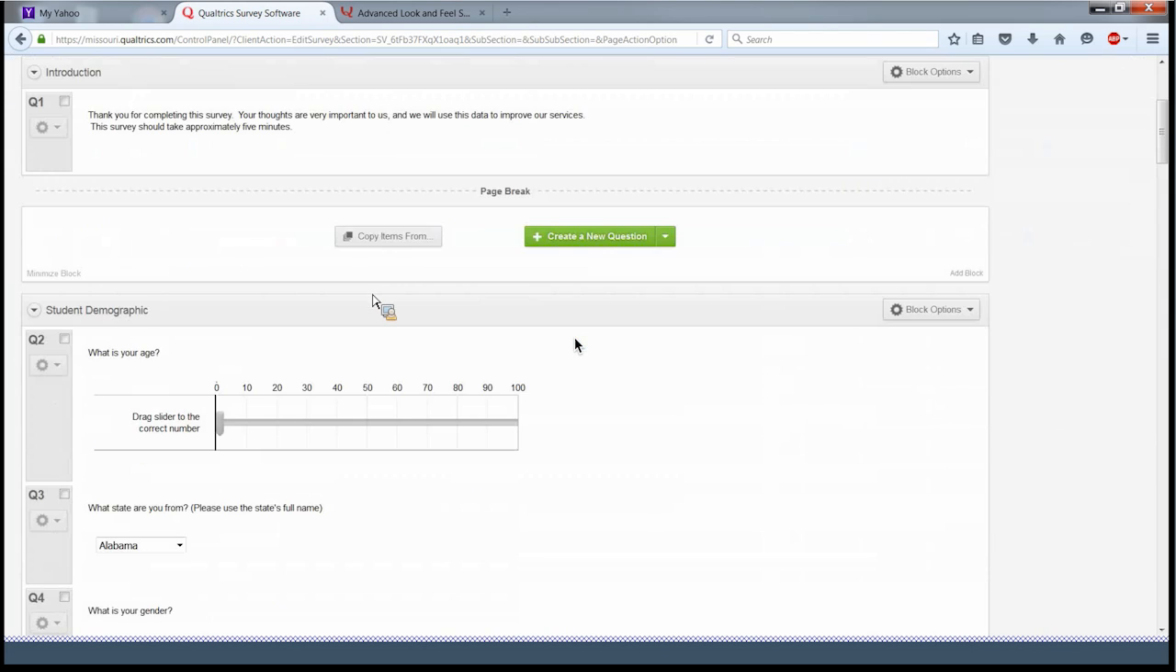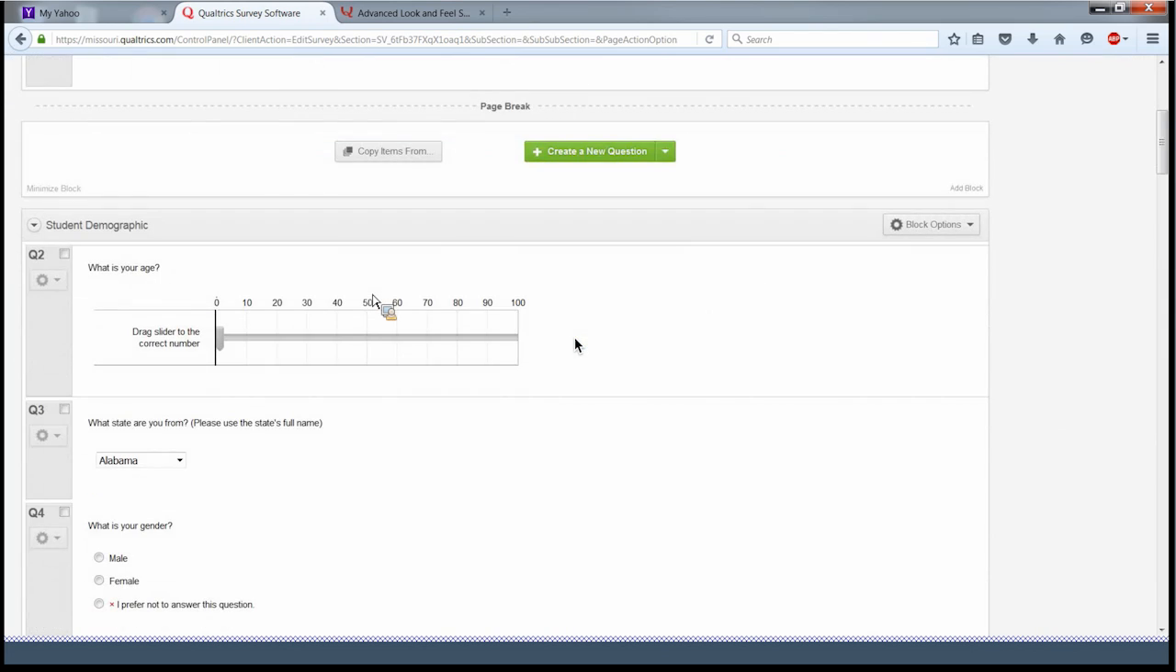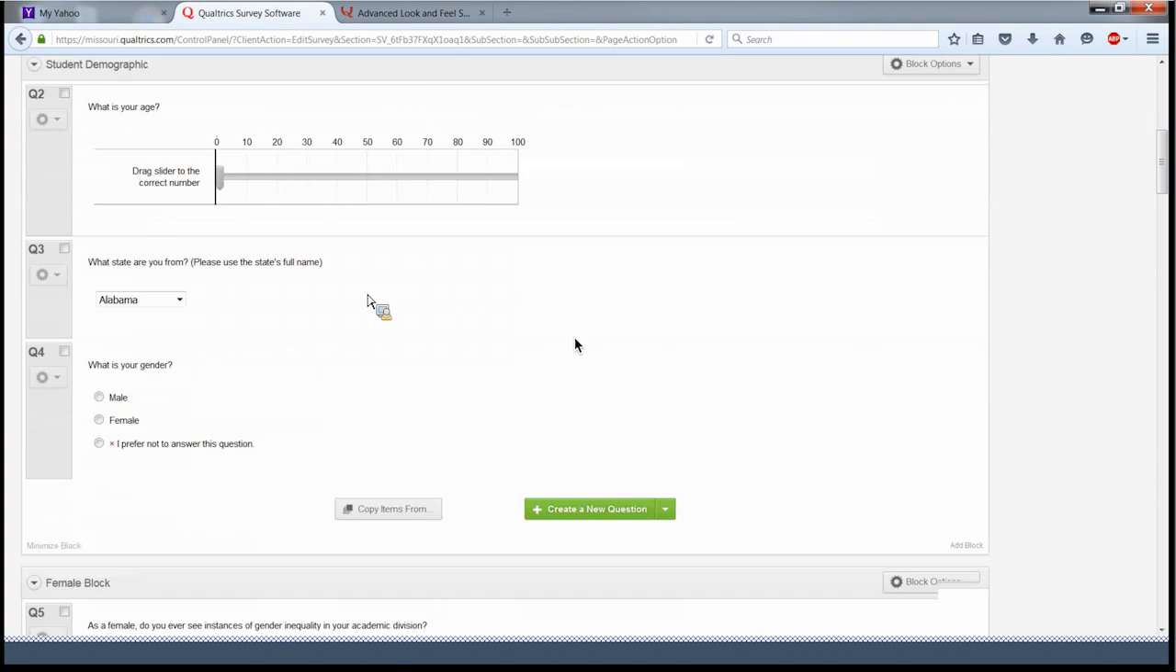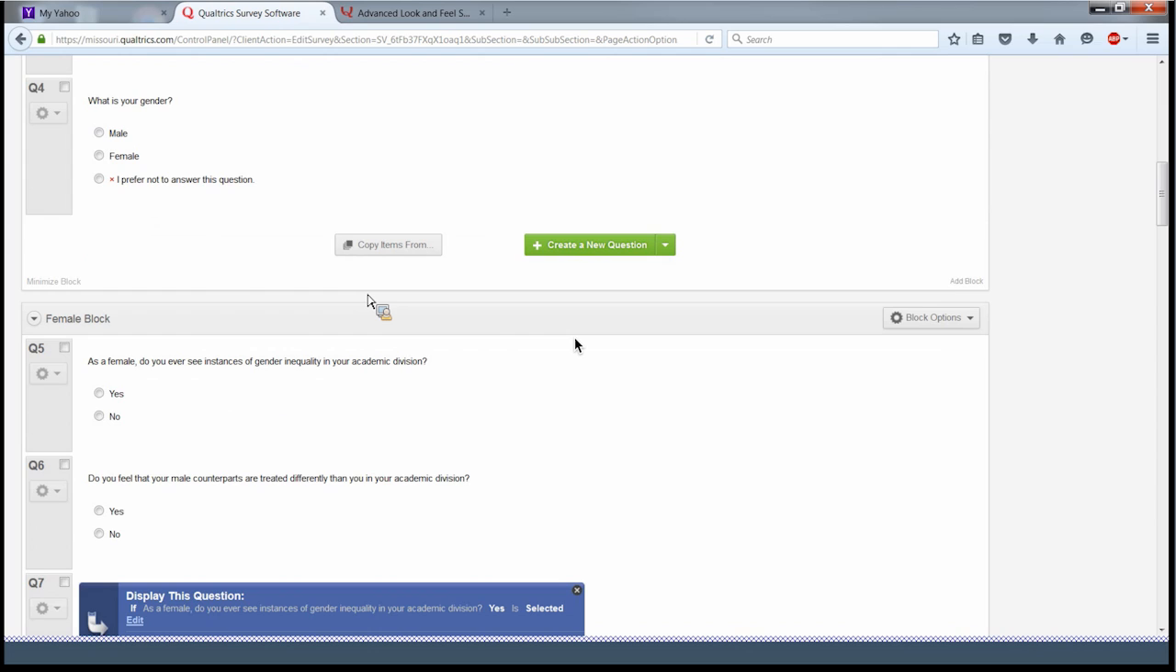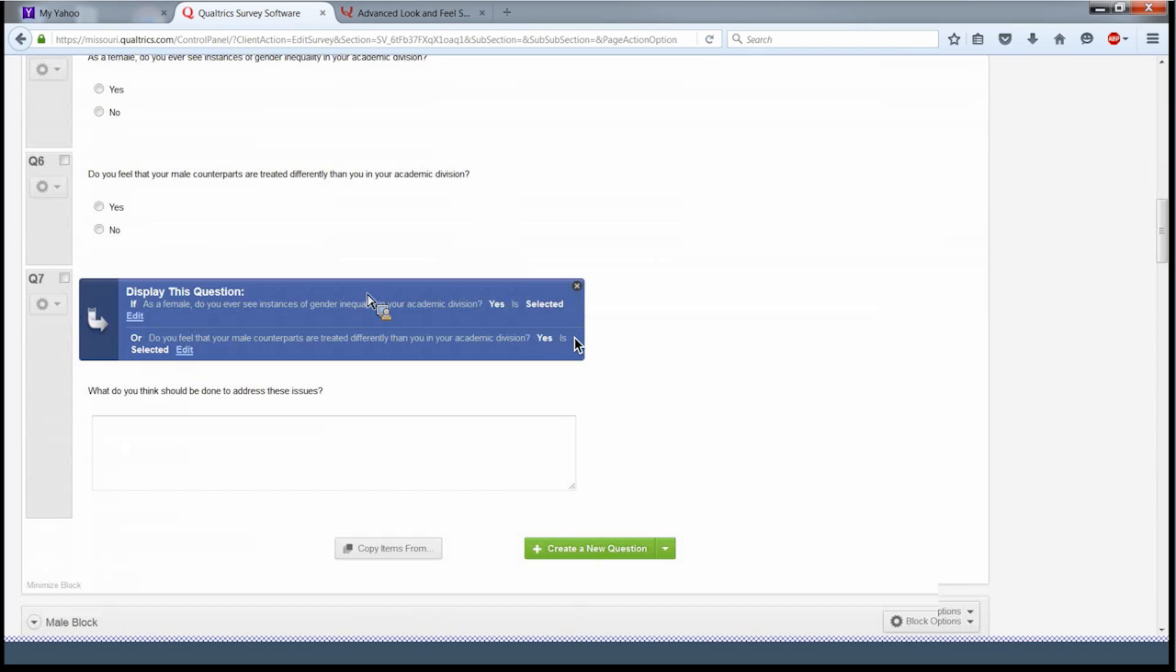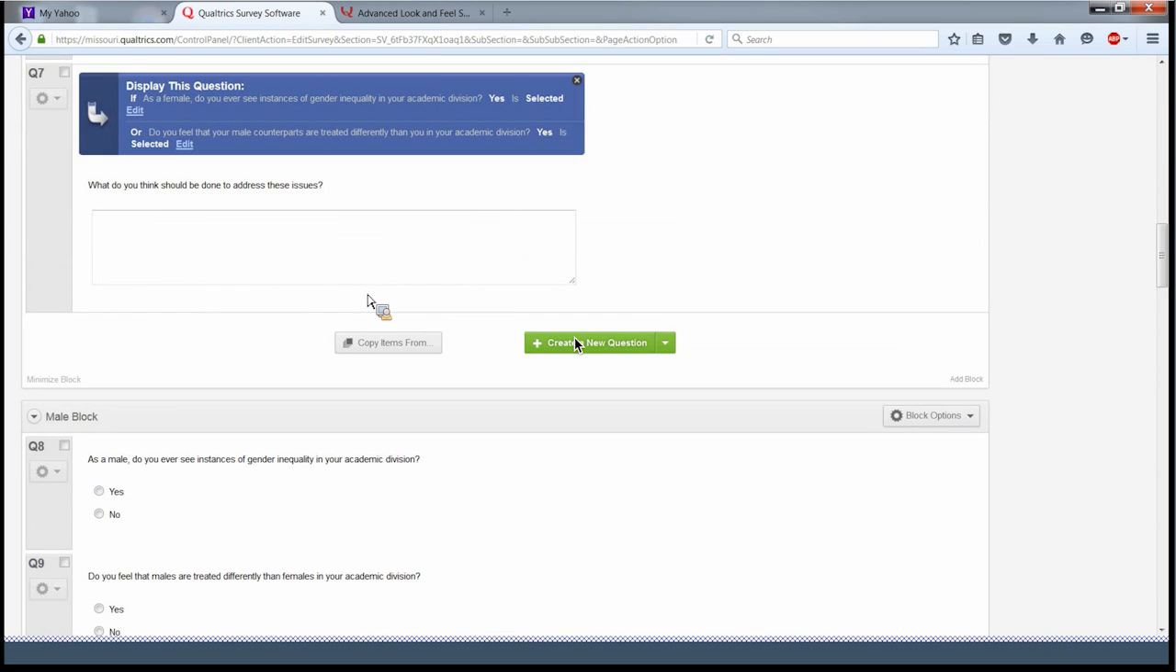Okay, and you'll see I've broken things into different blocks, which is important. In the last one, we all worked in the same block. But the more I learn about it, the more I find that breaking up your information into separate blocks can be very, very helpful, especially in things like branching. So you'll see I have a student demographic block, and then I have a female block and a male block. And I want females to answer one and males to answer the other, obviously. So we're going to have to use some branching to split those out so that males don't get females and